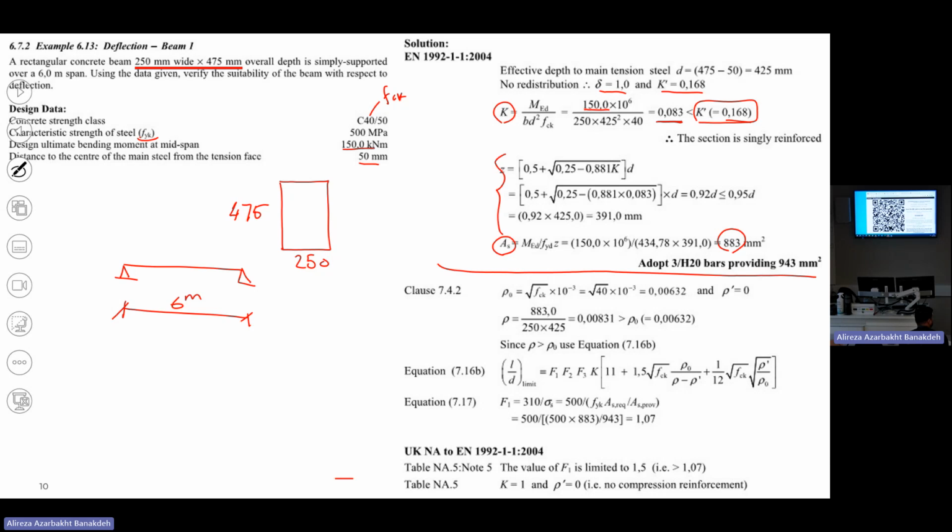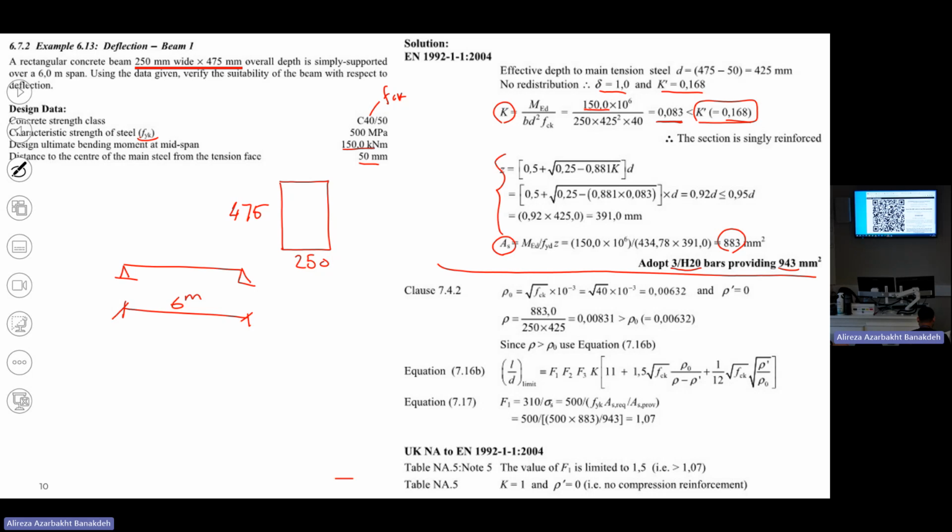So to comply with that, if I use 3 reinforcement bars of number 20, it will give me 943. It's always the case because I need to get a couple of reinforcements, so the reinforcement I will get is a little bit more than I really need. This is important here. These 2 numbers are important here. So until here, it's just the design of the beam for the singly reinforced case. And now